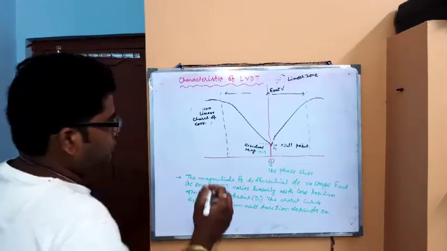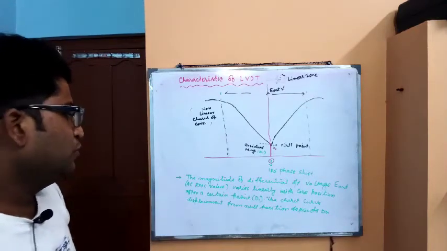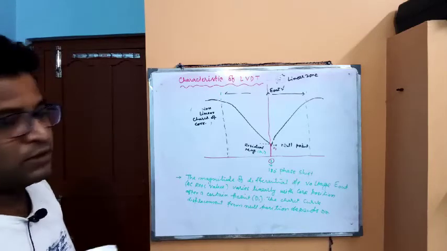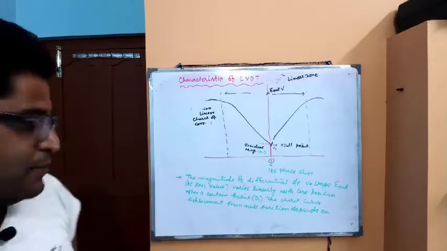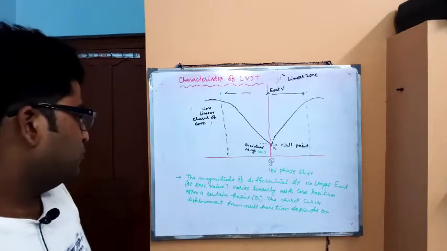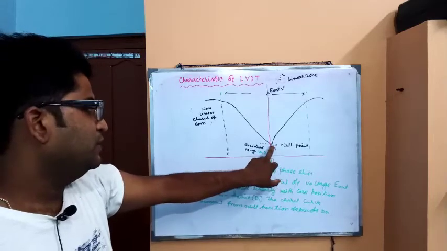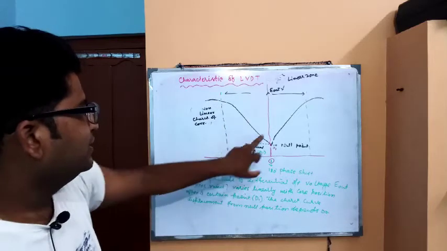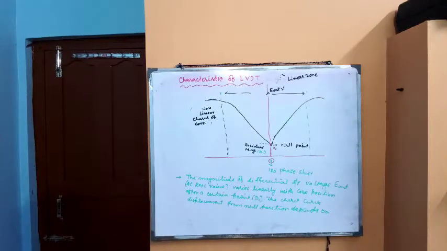Now, the magnitude of the differential output voltage E out. We discussed in the previous class that the output voltage E out is nothing but the AC RMS value, which varies linearly with core position. After a certain point D1, this voltage curve varies linearly up to a certain point, then it has some non-linear characteristics with respect to the core movement or displacement of the core.